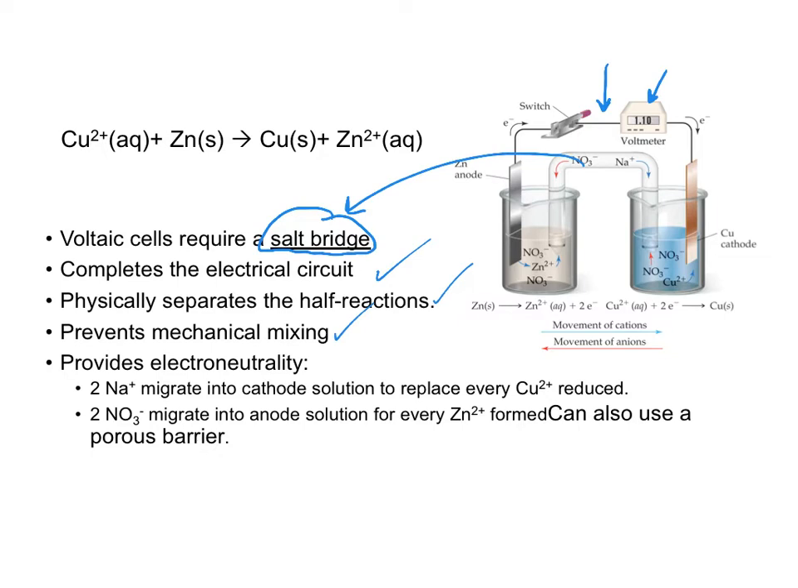And then the thing it looks like they like to ask a lot on the new common midterm, it will provide electroneutrality. What we have is copper 2+ is being reduced. Those ions are going away. We will have the cations migrate from that salt bridge into that cell to replace every copper ion that is reduced. We will also have some nitrate ions, and they will migrate into the anode solution for every zinc 2+